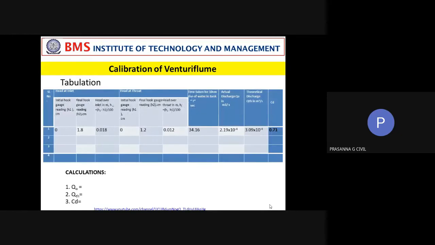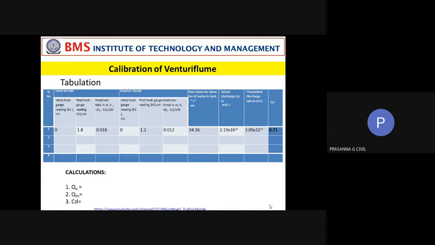Coming to the tabulation, we have the tabulation of head at inlet and head at throat. So the initial hook gauge reading, which is taken at the inlet, is fixed at 0. The final hook gauge reading at the top level of water for that particular discharge is recorded as 1.8 centimeters. So the head over the inlet in meters is